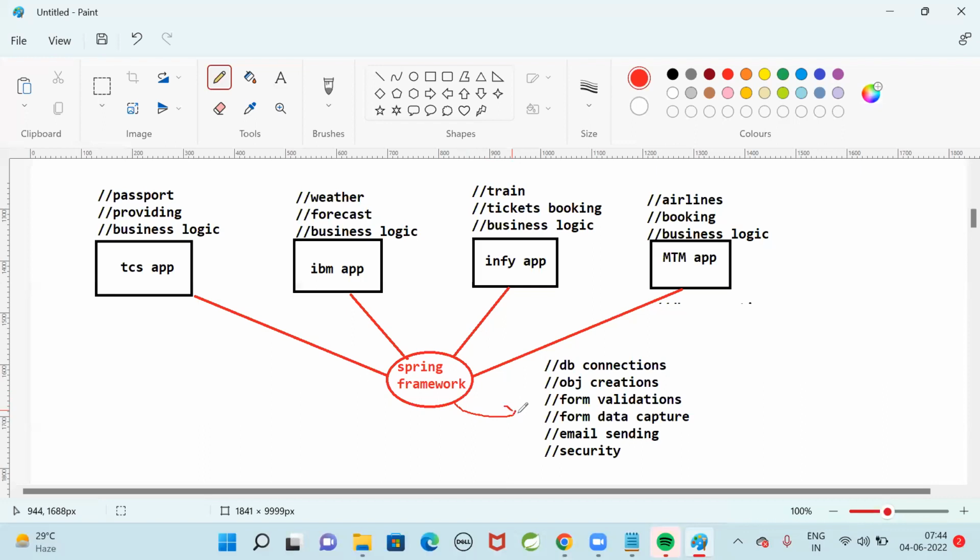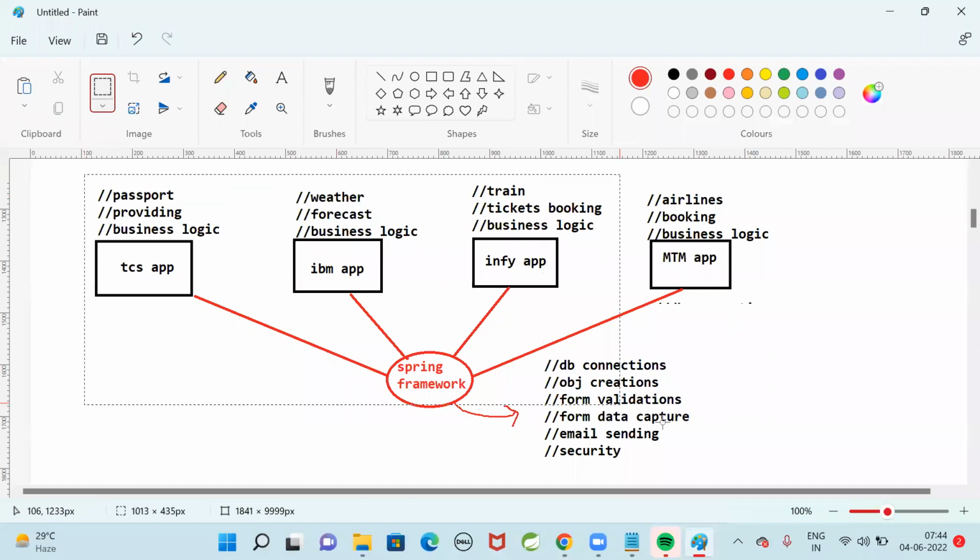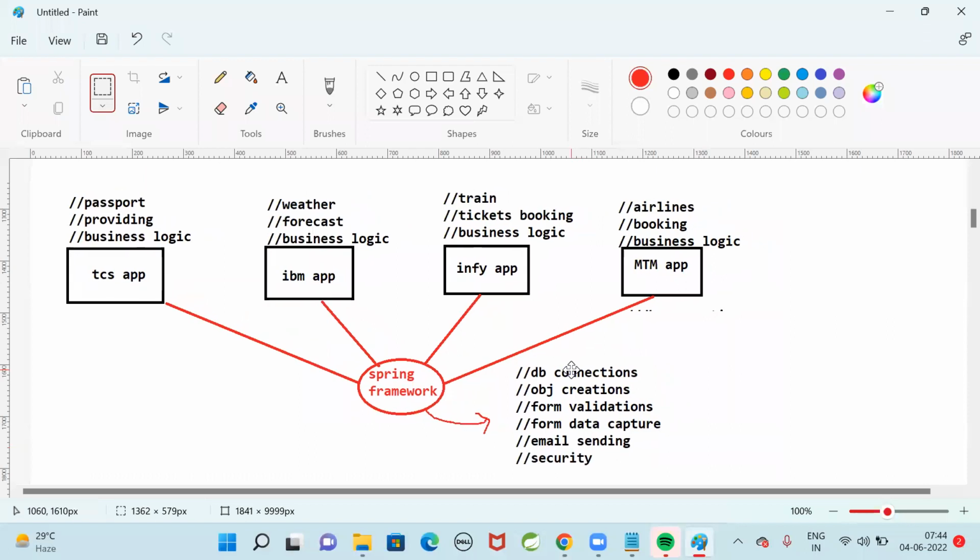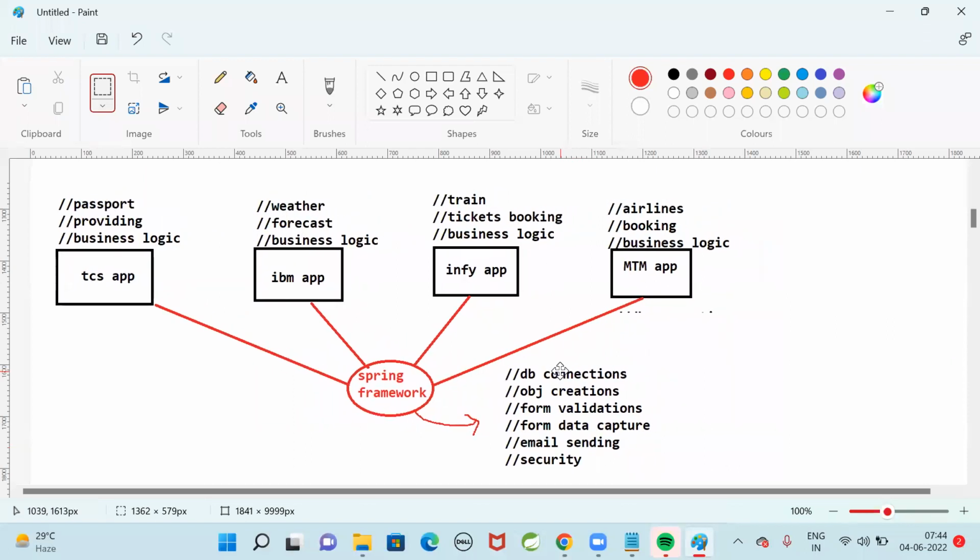What common logics are we implementing in our project? These common logics are already implemented in other projects. The Spring framework is nothing but a Spring project. Some company developed a Spring project. In it, they have implemented the logic for database connections, object creations, form validations, form data capturing, email sending, and security. So instead of developing the same logic again in our application,